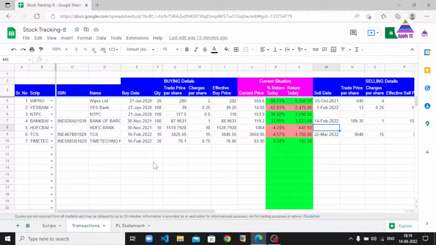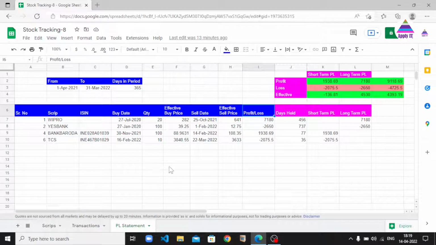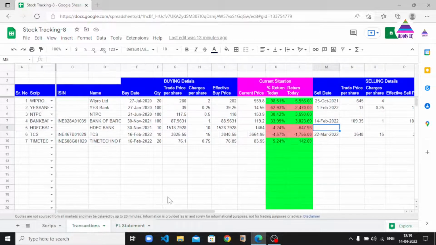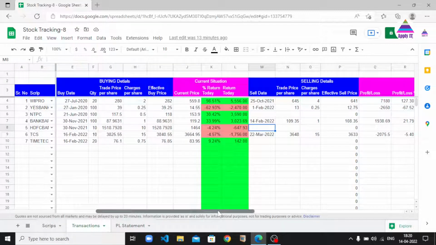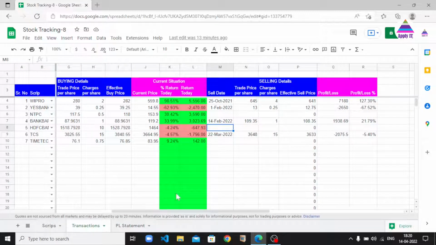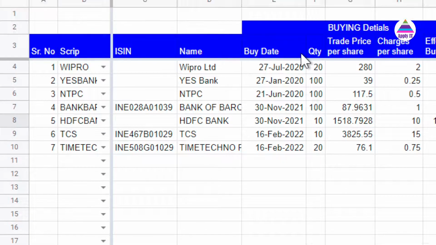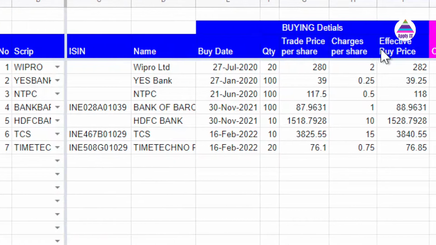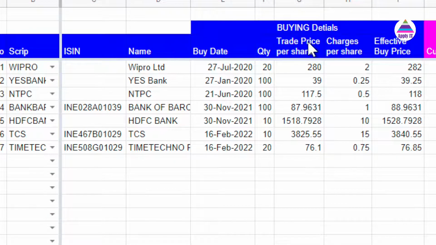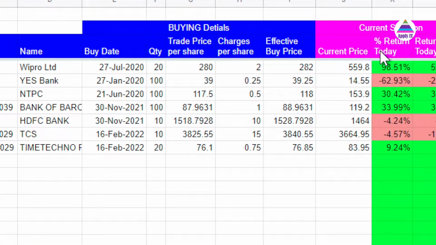So in the first part, we created this transactions tab. In the second part, I'm going to create this PL statement based on the sell transactions. We already created this transactions sheet where I record buy and sell transactions, and then we calculate profit and loss. To create the PL statement, I'm going to fetch required columns from this transactions tab into our second tab